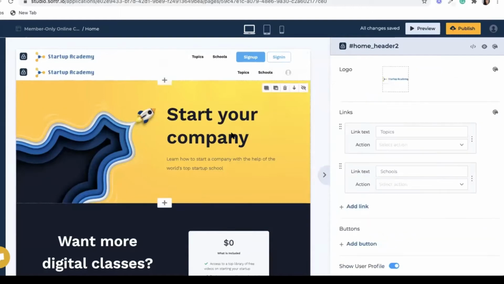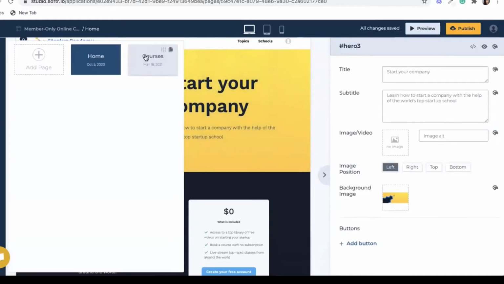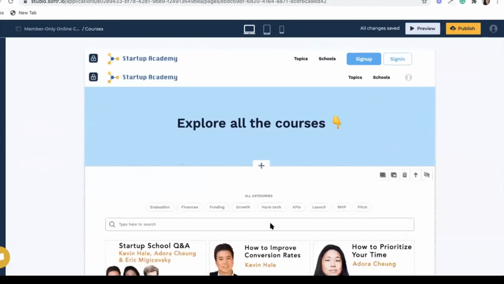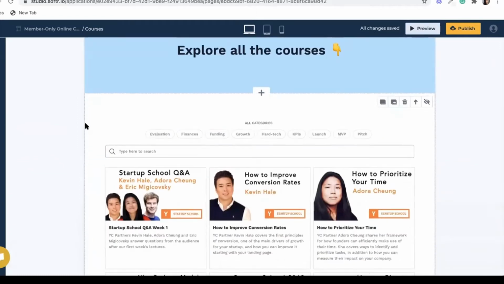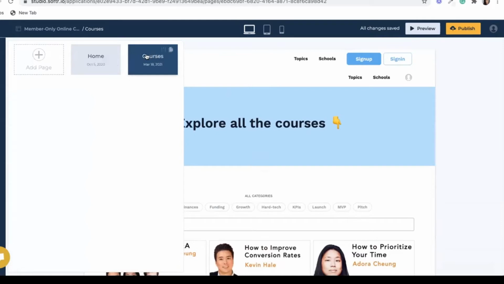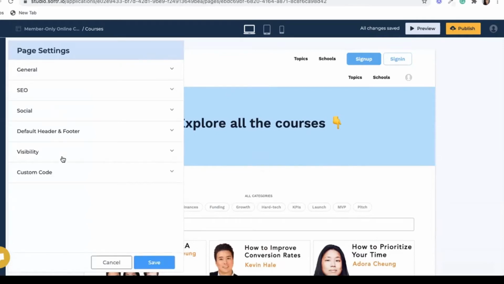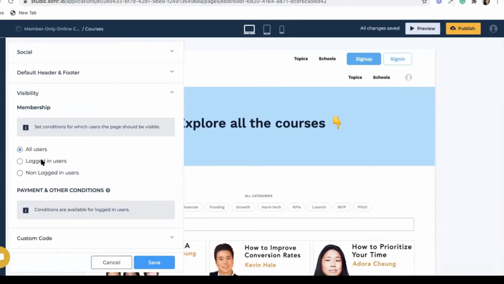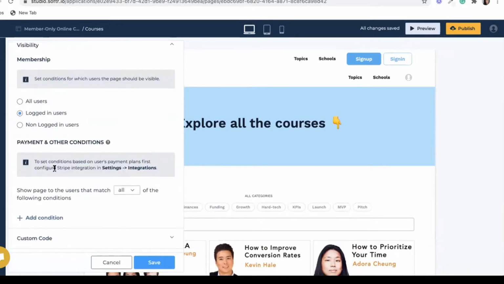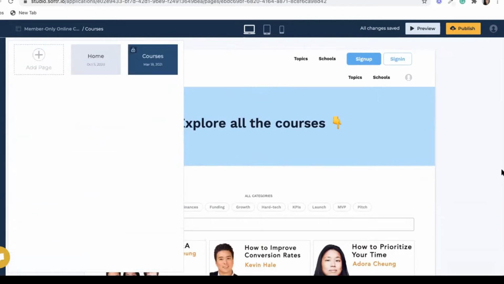And the next thing we do is on the courses page. So for the entire page, we don't want to show this page to the non-logged in users, right? Because otherwise they would have access to the courses. So in this case, I have to go to the courses settings. And then here as well, there's a visibility area where you can define it's only visible to logged in users. I mean, all of the same conditions like payment and other conditions based on user attributes are available on a page level and on the block level. So you could basically have the same rules for different pages and for different blocks. Now I press save and it shows the lock. So meaning it's also, again, locked